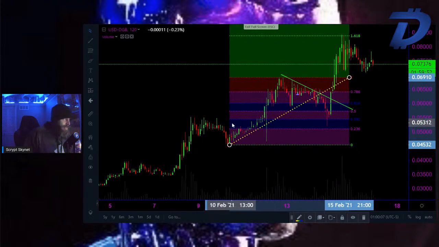But that's support. Okay, that's huge support there, and this is a bullish support zone. So basically, you get my idea. And when DigiByte comes back up and breaks through the 0.786 into the red zone, right? Back into the red zone,